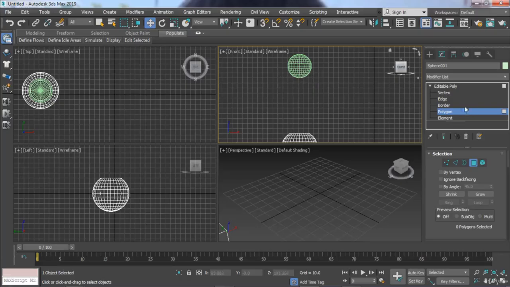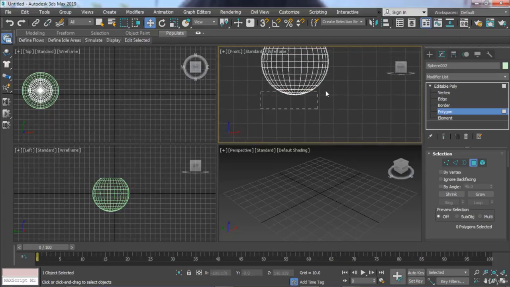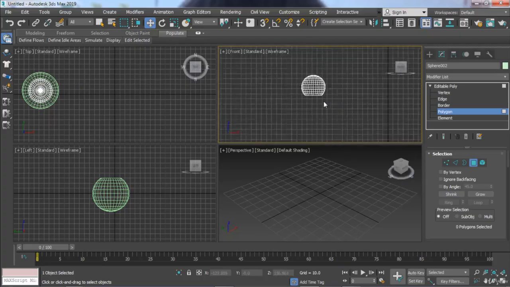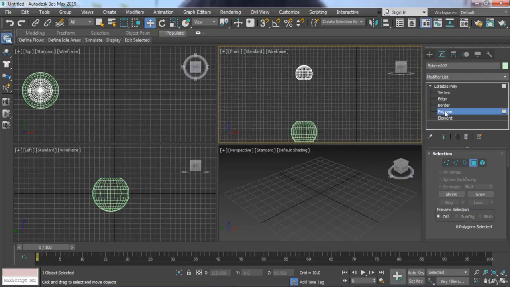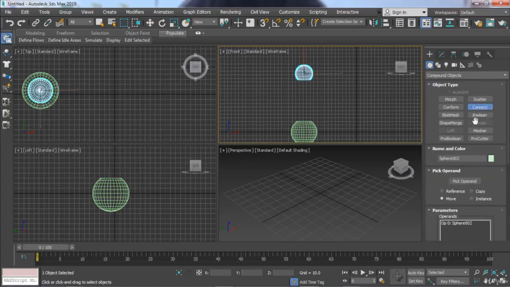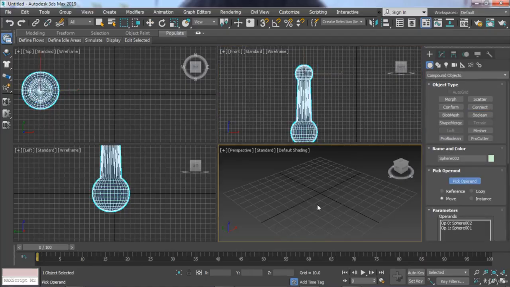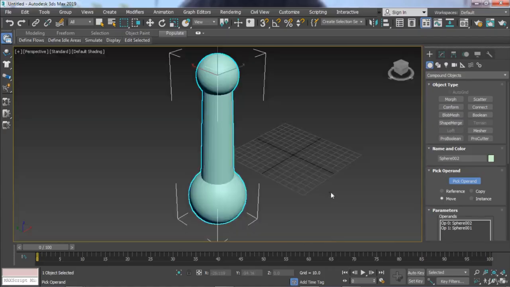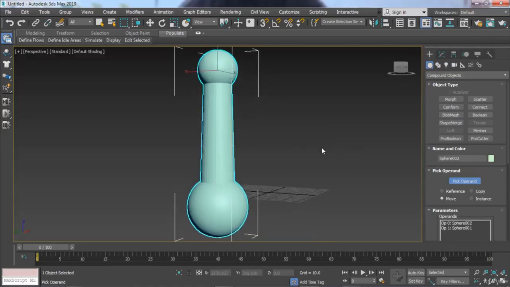Now deselect the polygon. Select this object. Select polygons and delete polygons. Now these two objects will connect. Now I am going to compound object, connect, pick operand, click on this. So the objects will be connected like this,